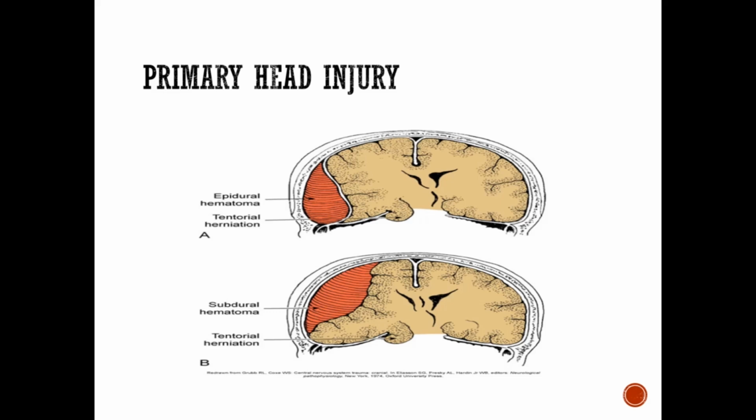Now the bottom picture shows a subdural hemorrhage, which again is a bleed between the dura and arachnoid membrane. These types of hematomas are more common than epidural hematomas. Most often they occur in infancy as a result of birth trauma, falls, or violent shaking. So these would be the bleeds that you can see with shaken baby syndrome. Infants or children with these types of bleeds often present with signs and symptoms of increased intracranial pressure. Signs and symptoms can include irritability, vomiting, increased head circumference, bulging fontanelles in infants, lethargy,